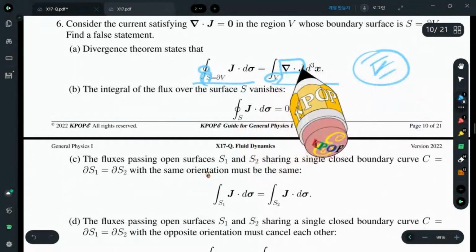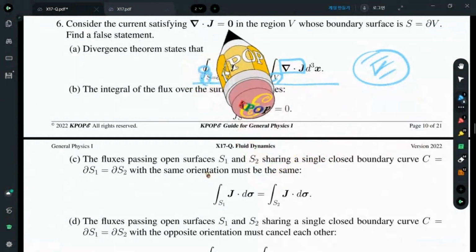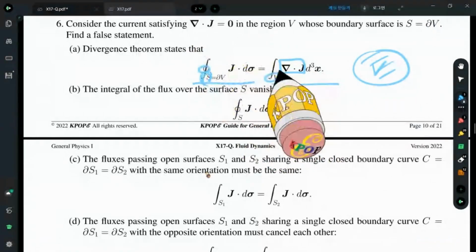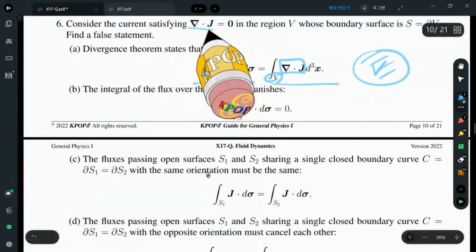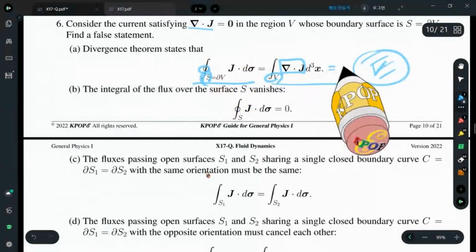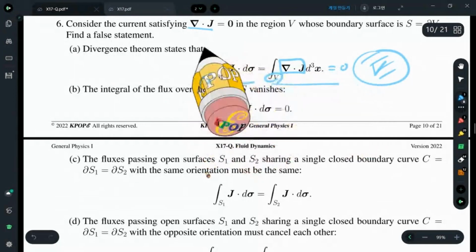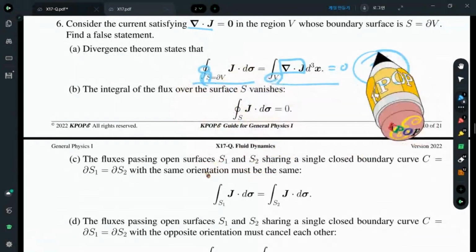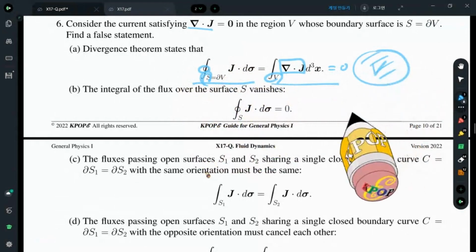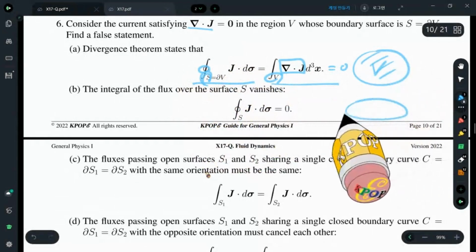Divergence J equals 0 is according to the condition; it is not always true. If this integral becomes 0, therefore this closed surface integral must be 0, and you can find a very simple